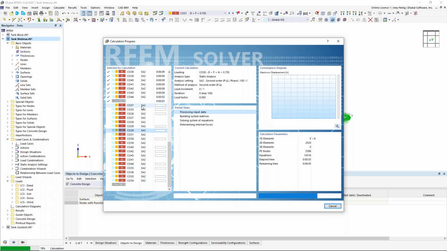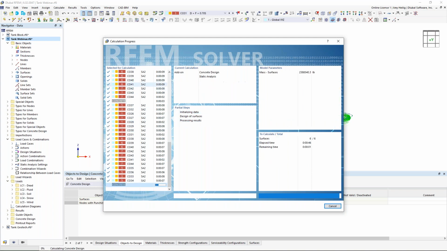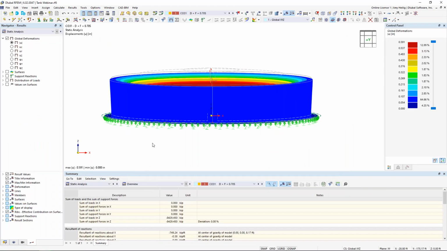You'll notice that the program needs to solve again for all of the unfactored load combinations. We might be wondering why it's doing that in comparison to the standard static analysis. Well, if we refer to the ACI, we do need to calculate the effective moment of inertia again for topics like deflection for each one of these surfaces. We can always check the progress bar in the lower left-hand corner of our screen. This is just going to show us the progress of where we're at with that calculation before these results are